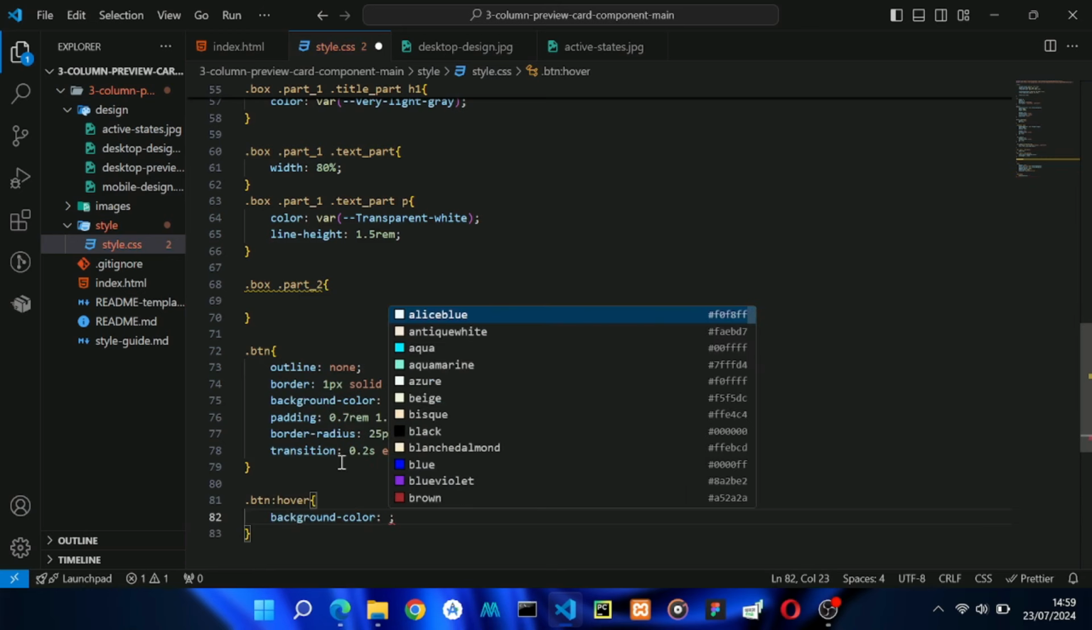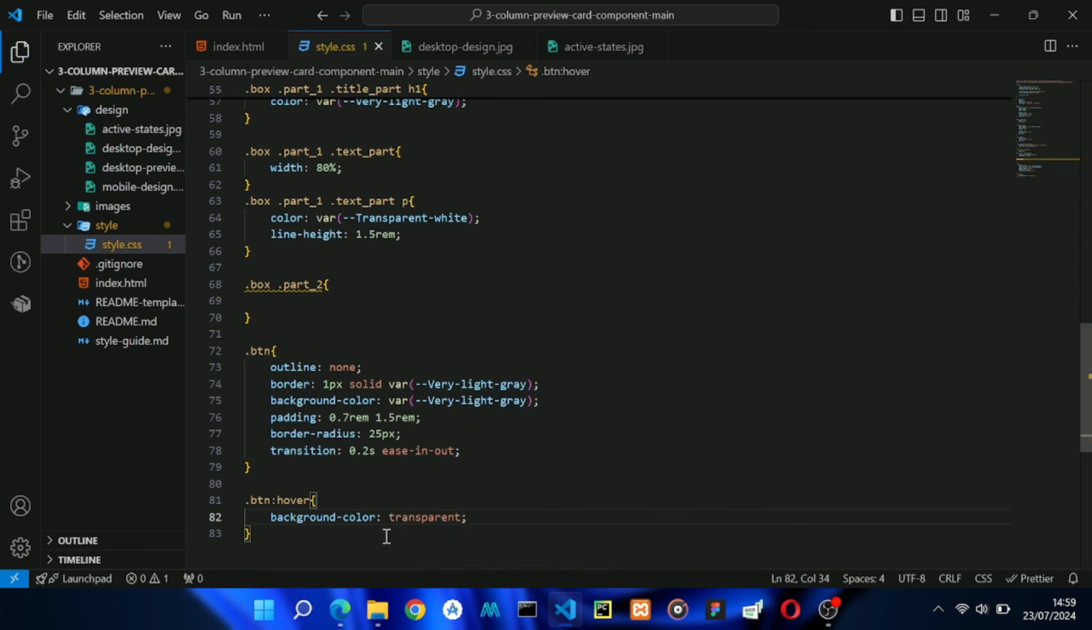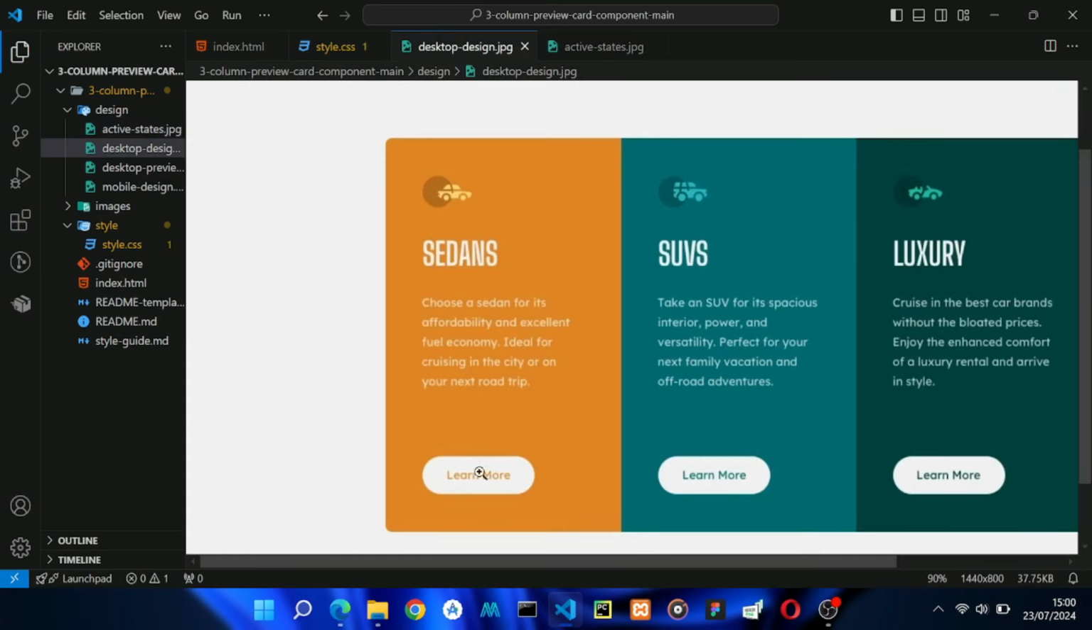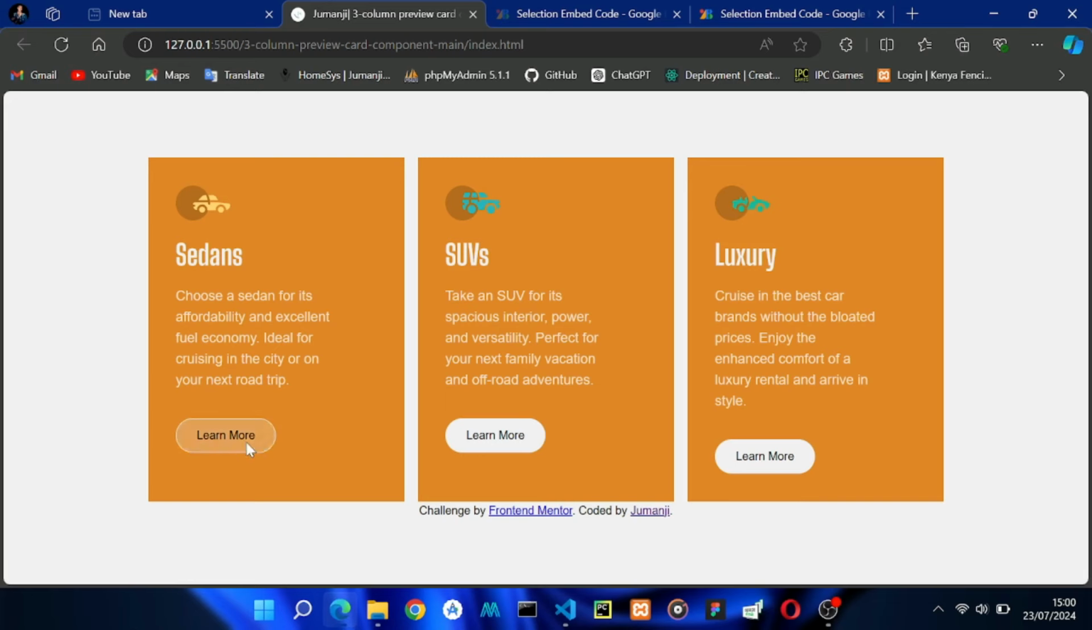What changes? The background changes, right? So background color will be what? Transparent. Just write transparent, because as you can see here, the active state, there is no color in the background. The default state, there is a white background, okay? So if I hover, all right,